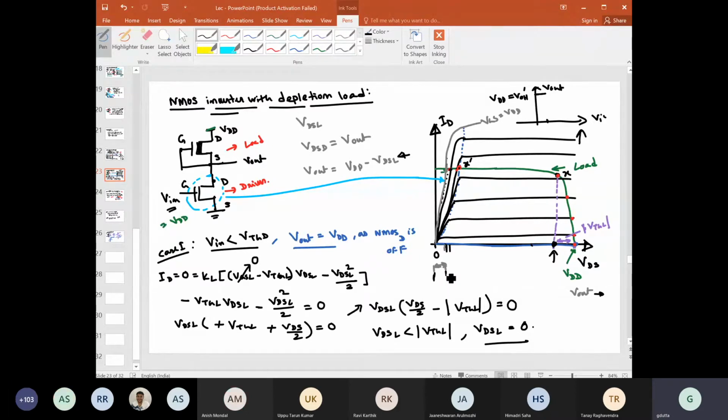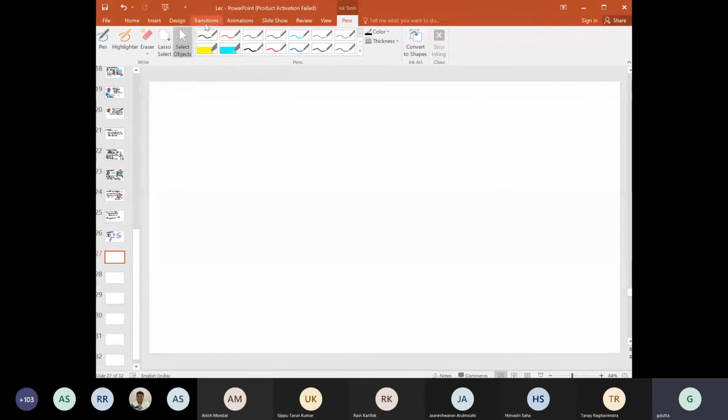So in the next type of inverter, we will see how we can give this V input to both these transistors. I am not saying we should use the depletion mode transistor, but we should have some different transistors where we provide V input to both of them, so that we can control both through this input. Here the concept of the CMOS or complementary MOS inverter comes. So this is the CMOS inverter.